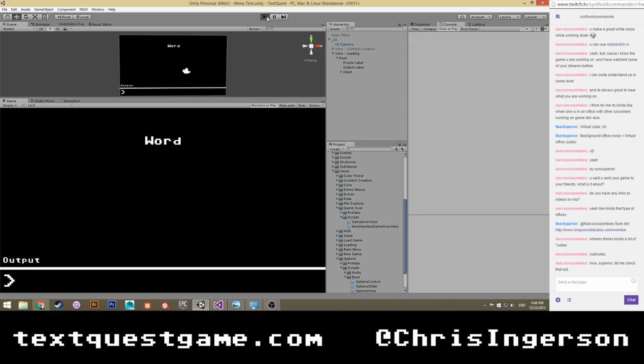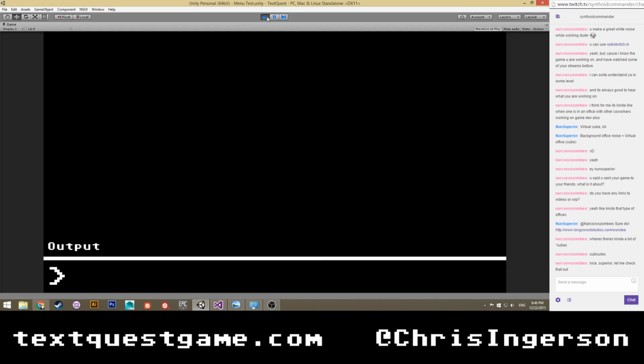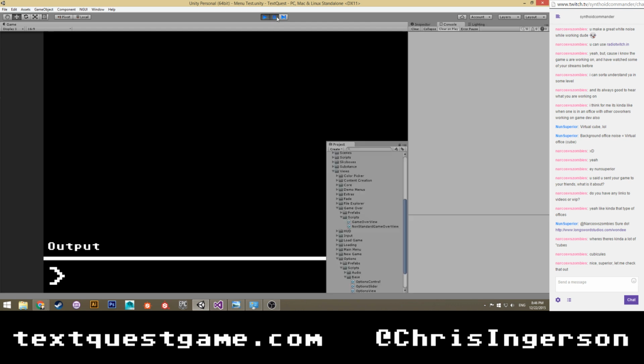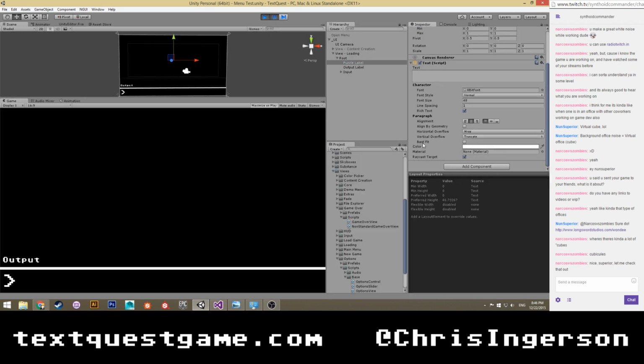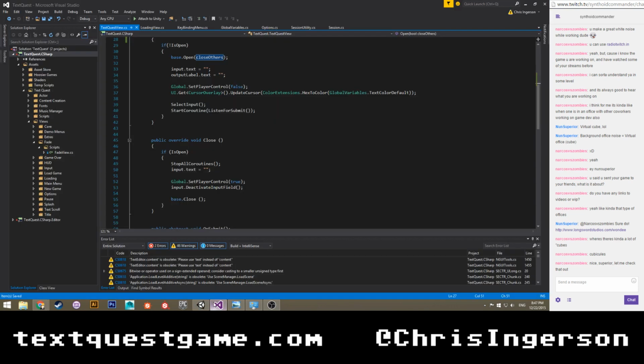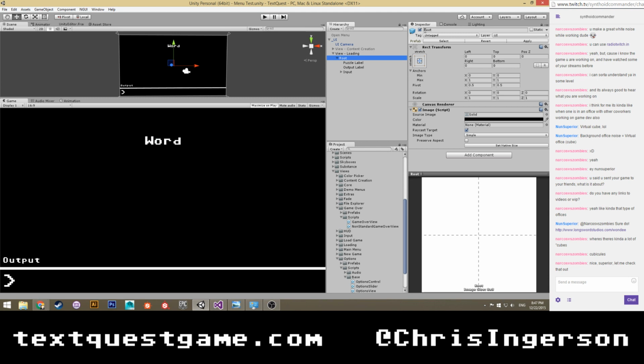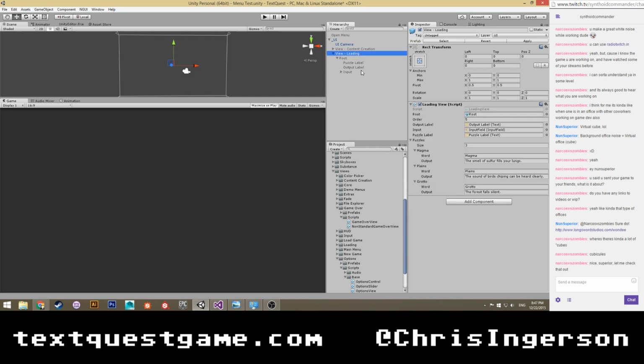So let's try this again. Hopefully it'll work. Why are you doing that? Puzzle label. The text isn't being set. I have to be doing something. Oh, wait. I know why. There we go. I forgot.